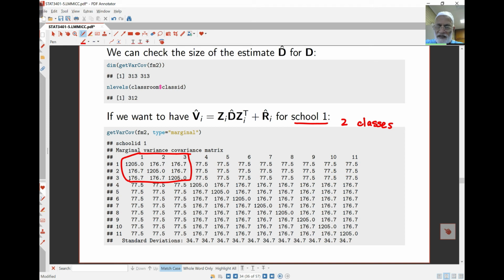The other has 8 children, which is this block over here. What you're seeing in the off diagonal here is, if I call this class 1 and I call this class 2,